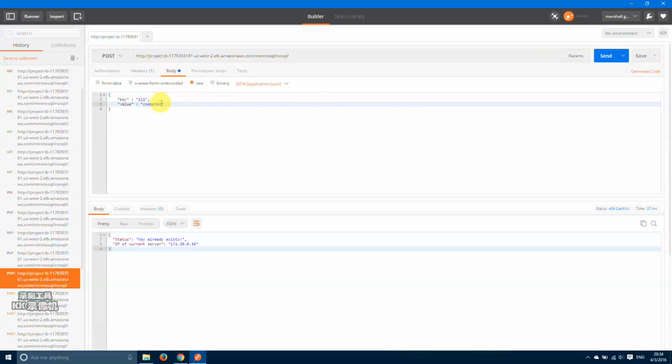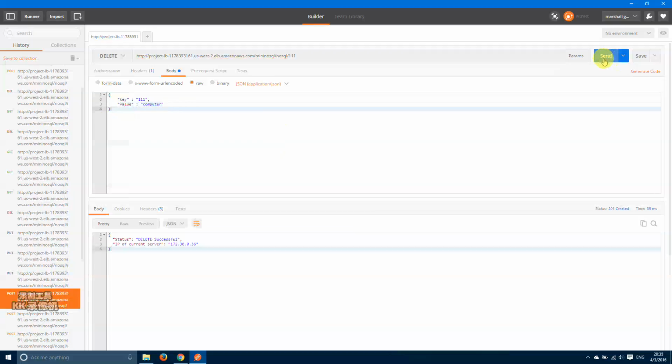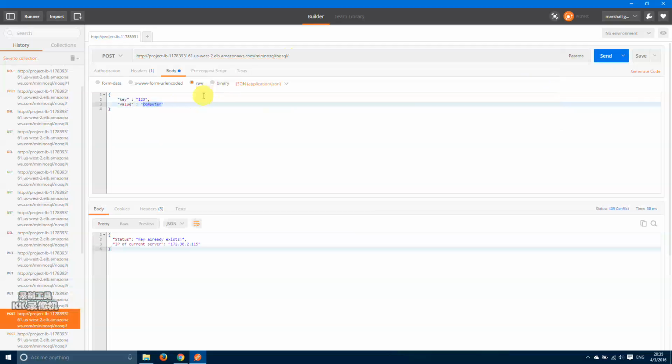Oh, 111 already exists, so let's do a delete 111, and let's hope we reach the first slave node. No. Let me see, we can, 1, 2, 3, and computer. Yeah, key is already okay. Let's